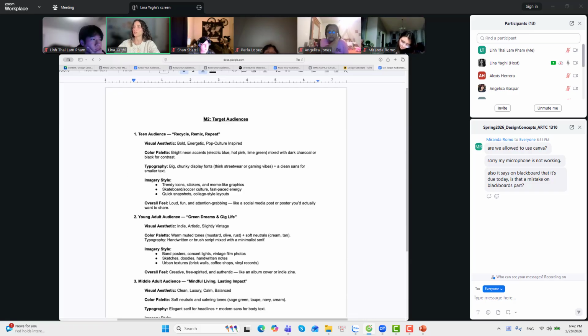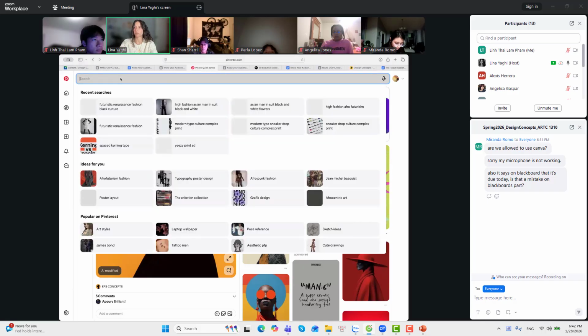skateboard or soccer culture type imagery, there's a bunch of different places that you can go and look. You can look on stock sites like iStock, Getty, Shutterstock, or you can look through Pinterest or social media. Really, you can get images from anywhere at this point. This is not something that's going to be produced, so you have really anywhere that you can pull images from. So if I look for skateboard or soccer culture imagery,